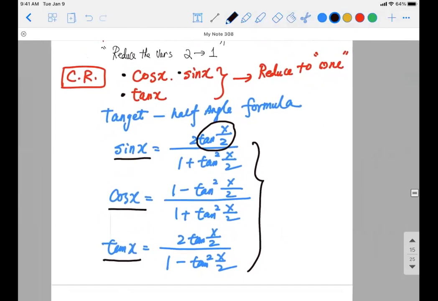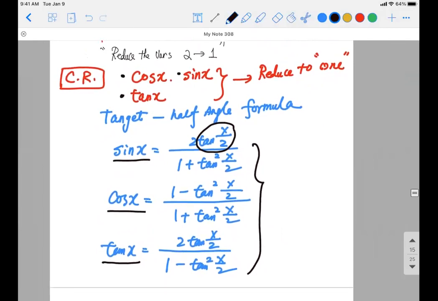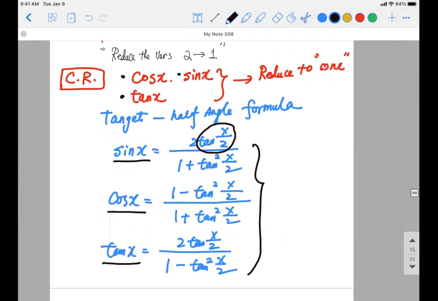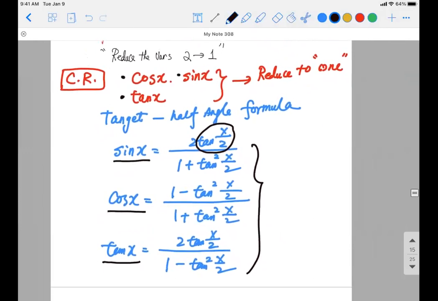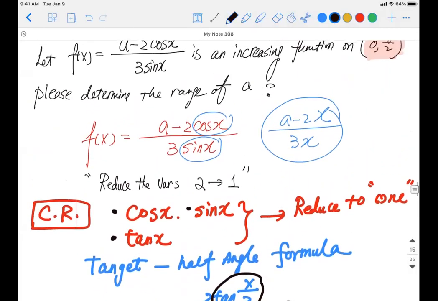Trust me, we're going to see that formula many times in the entire course of our lecture. And this is only the first time you see it. You're going to see it more often in the future. So far, so good? Just try to remember this. There's nothing really tricky. Because as long as you do this, all the sine and cosine is going to be reduced into just the tangent half angle. There's only one variable that you'll be able to do your calculation with.